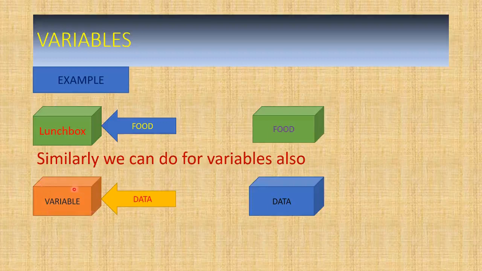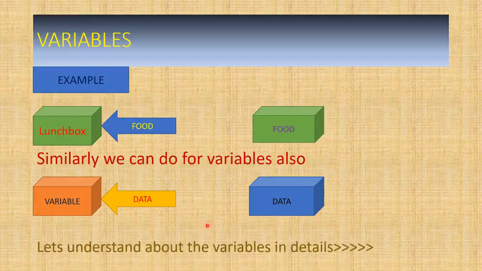So a variable is nothing but a way by which we can store data in a C program, and then we can further use this data in doing some operations and so on. So let's understand variables in detail. This was a definition of the variable in a simpler way with the help of the lunchbox example, because the work of a lunchbox and a variable is more or less the same. We have understood the main concept, but let's go into the details of what actually happens when we declare a variable. For this, first we will see the exact definition of the variable, which is here.